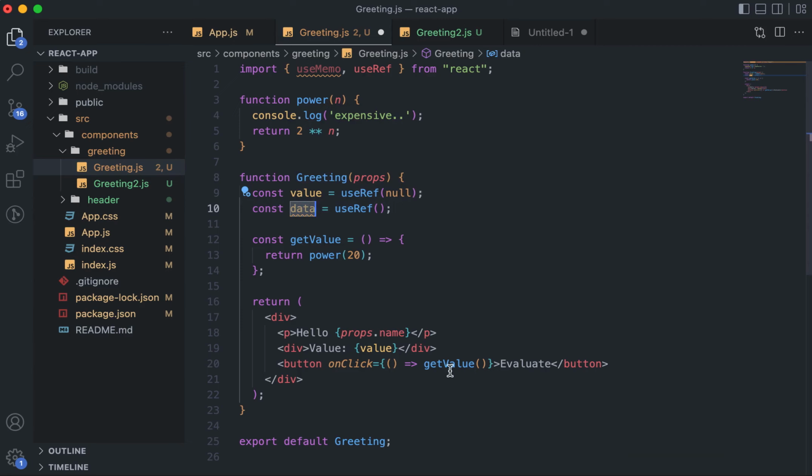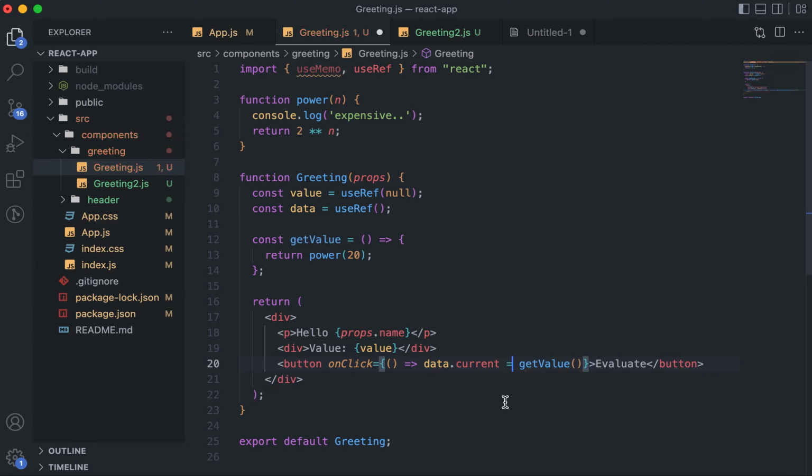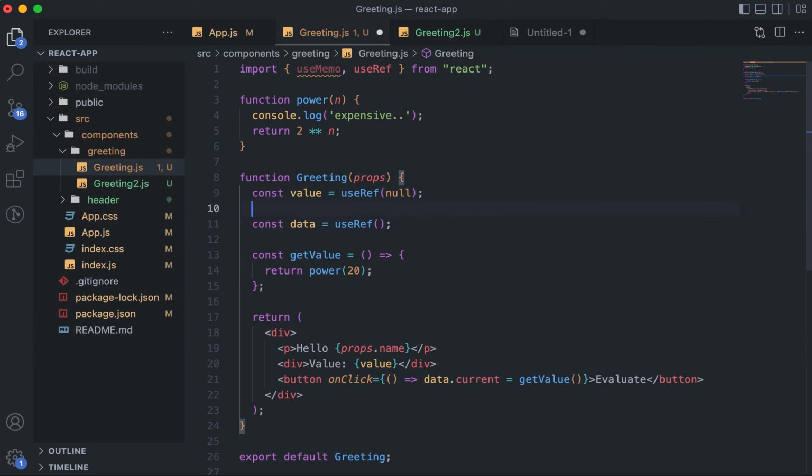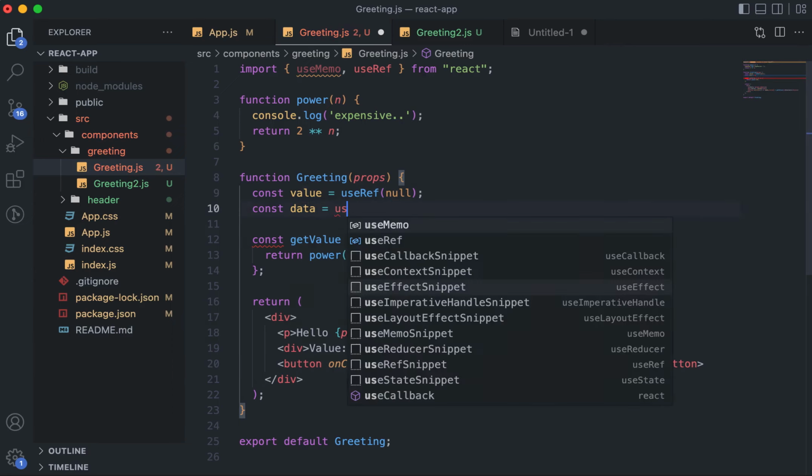It will be something like, let's say, data.current is equal to this thing. And so yeah, we need to re-render it, right? So whenever I click, then with the new data, it should re-render, right? So it's better to take it as a state variable. So let's say data, useState,